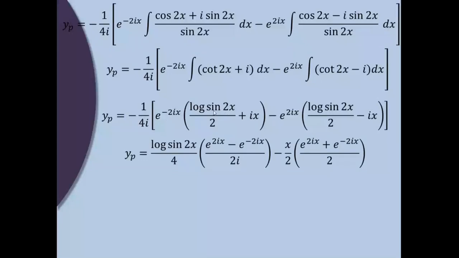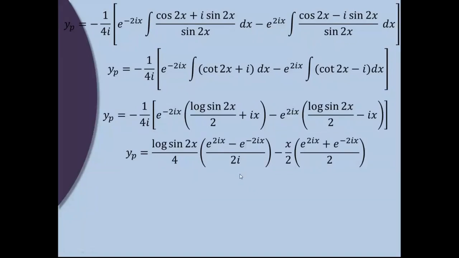If we take the log sine 2x term together, keep 4 as it is, multiply i inside, and multiply the minus sign inside. This minus becomes plus 2ix, this becomes minus 2ix, and this 2 into this i becomes 2i. From this, the i gets cancelled, ix, and this i gets cancelled. Take x common, the rest of the term becomes e raised to minus 2x, e raised to 2x. This is plus, this minus minus is plus. Minus sign keeping as it is. 4 splitting it as 2 into 2.